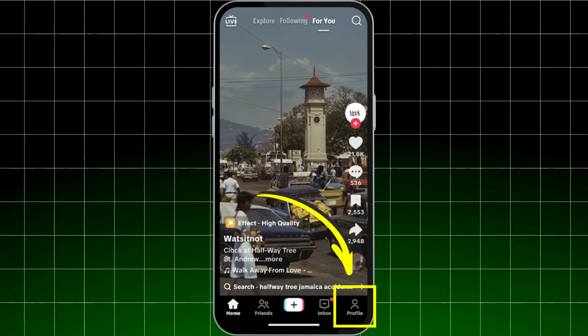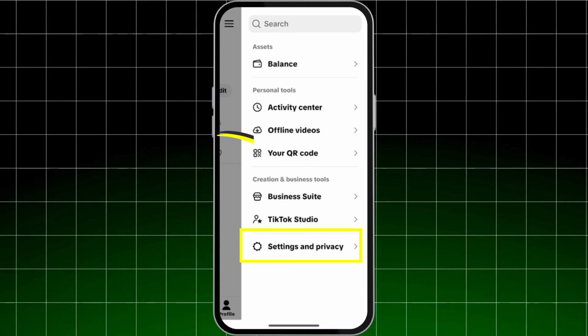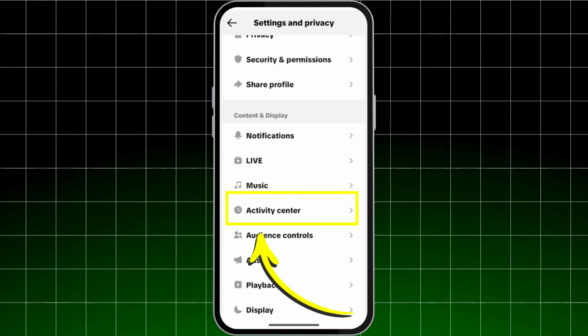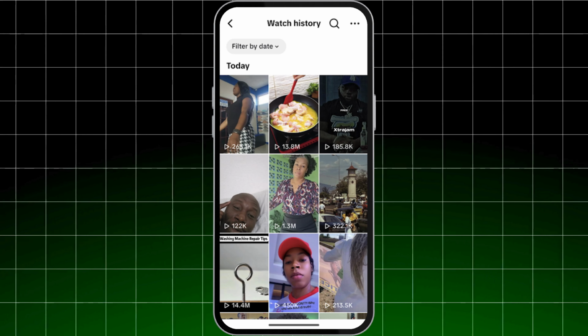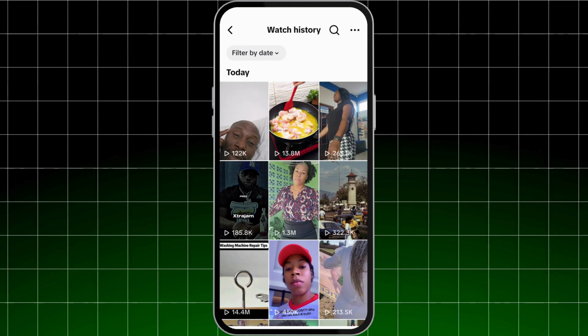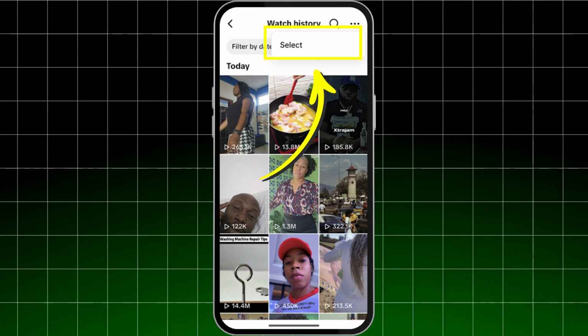Open TikTok and tap your profile icon. Tap the three lines in the top right corner to open your menu. Tap Settings and Privacy. Scroll down and tap Activity Center. Now tap Watch History. You'll see every video you've watched for the past 180 days. You can scroll through, tap any video to rewatch it, or hit Select in the top right to delete videos